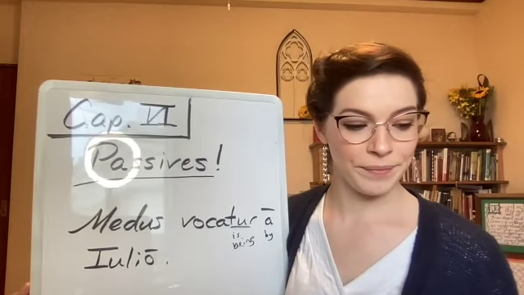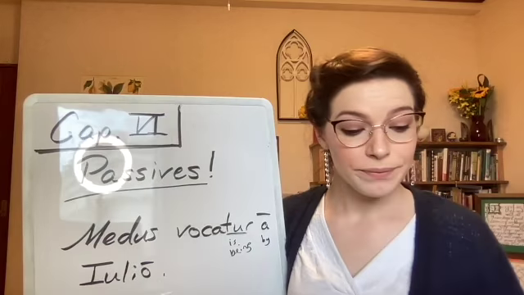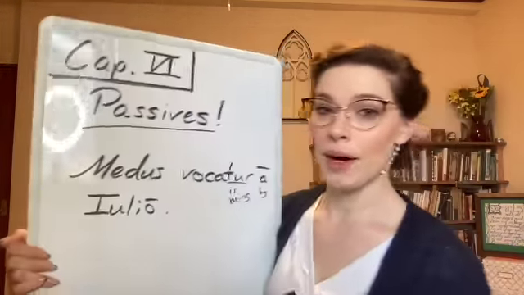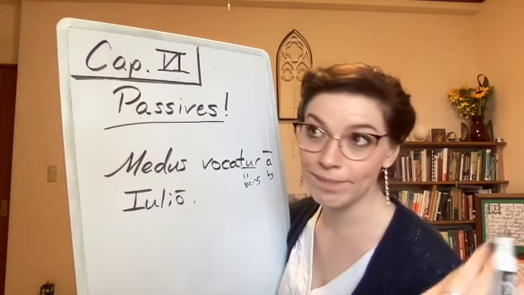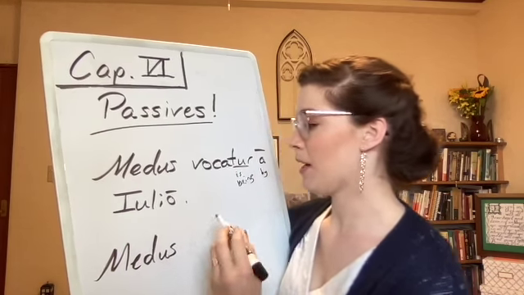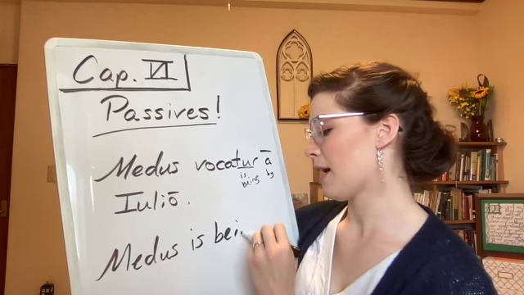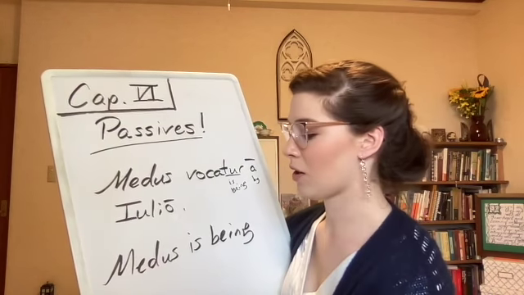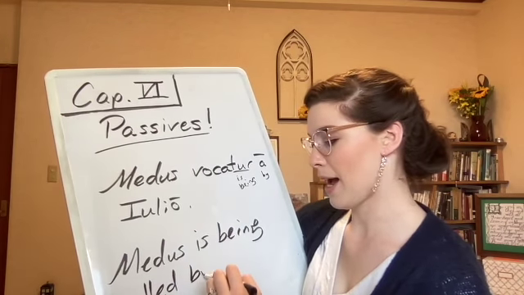Medus vocatur a Julio. 5, 4, 3, 2, 1. Boards up. All right. How does the sentence start, everybody? What's going to be our first word? Medus. That's right. Medus. What is tur? Is being. You guys should know voca because we just had it. Called. A Julio: by